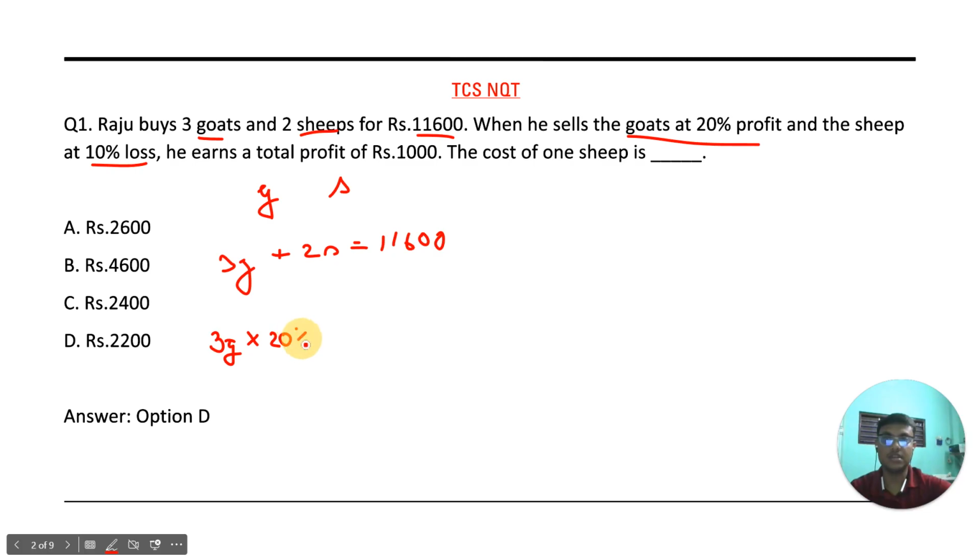20%, it is profit. Now we have sheep at loss, so we need a minus sign for sheep at 10% loss. So 10% is equal to what amount? 1,000. Now we can calculate this 3G. If you know the short trick, then 20% is equivalent to 1 by 5, minus 2S into 10% is equivalent to 1 by 10